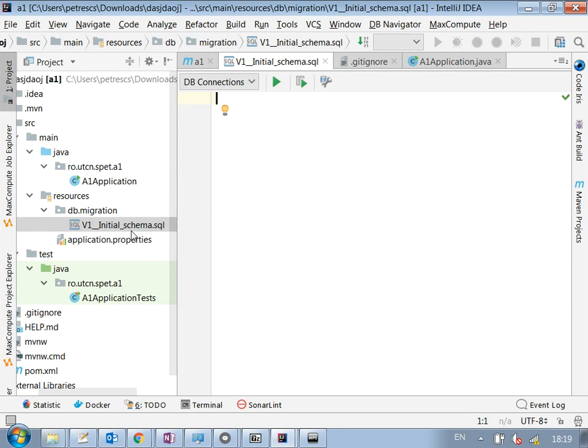Okay, so I created an initial schema SQL. It's very important that it is V, the number, and 2 underscores, and then some random stuff that you want. And here I can create a table. Question, let's say,